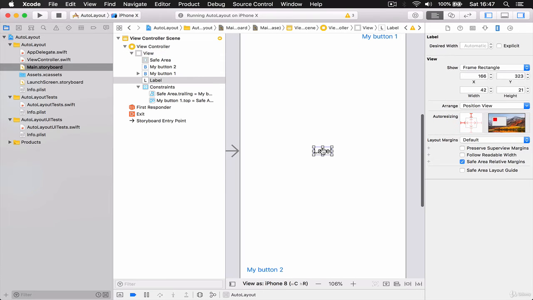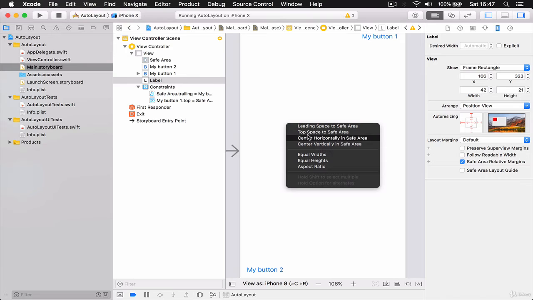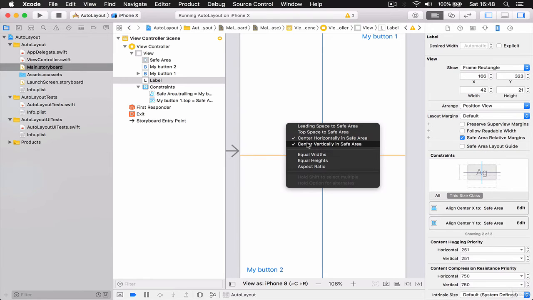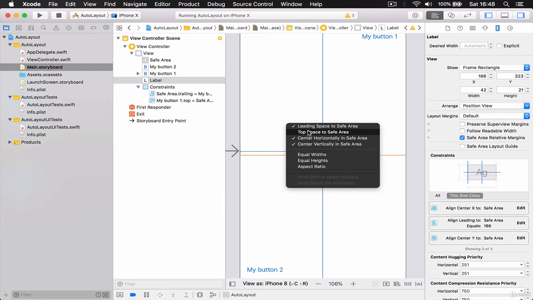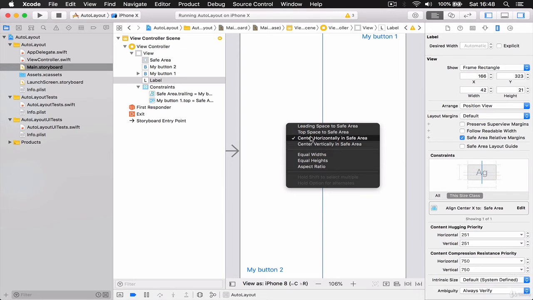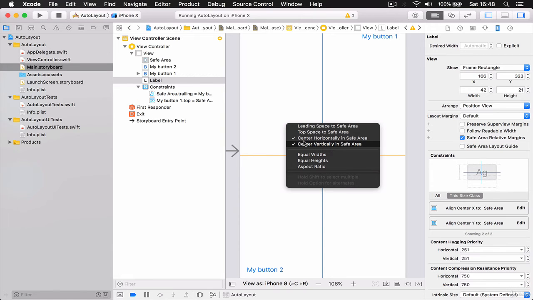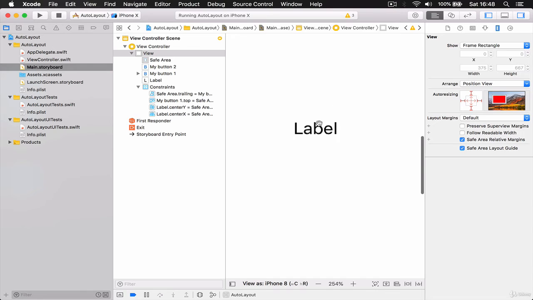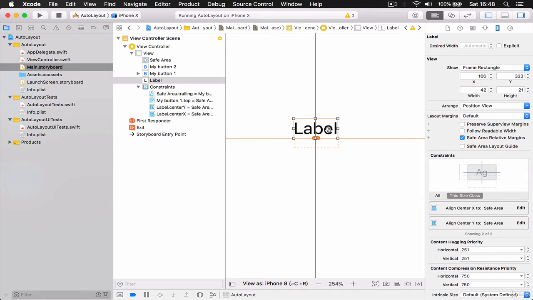The best here would be to drag diagonally, set it to be centered horizontally, and if you hold shift you can select multiple constraints here. But if you don't hold the shift, when you select one, it's going to disappear. So I'm selecting the two, center horizontally and center vertically, hit enter, and you will see that now my button on the runtime is going to be